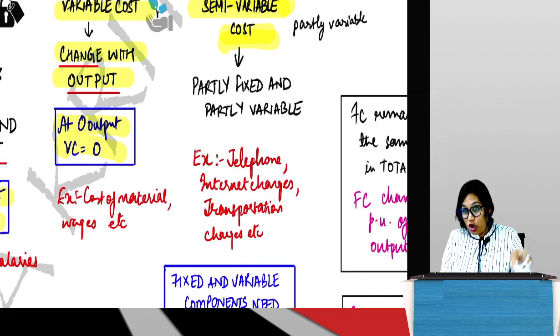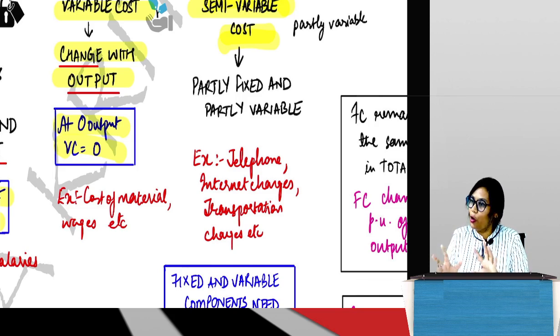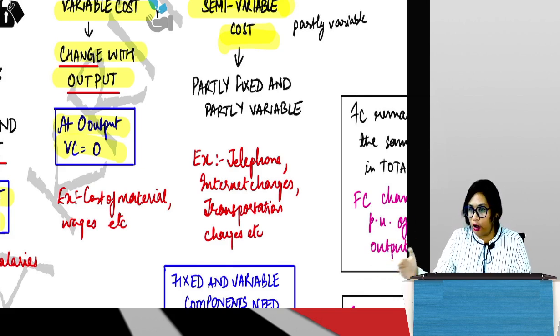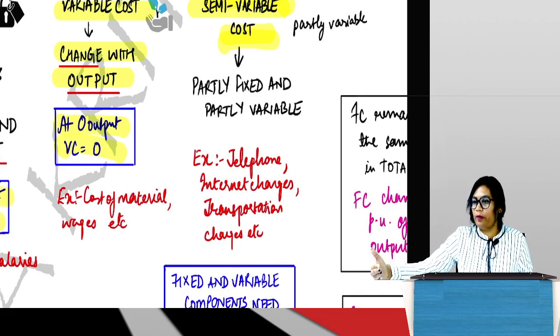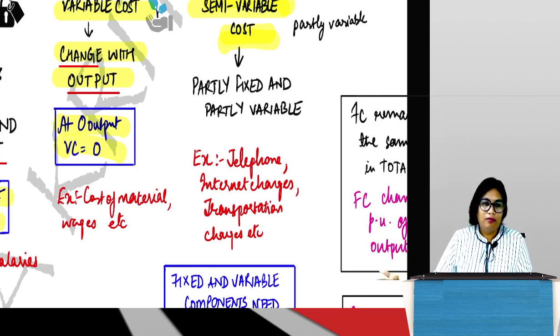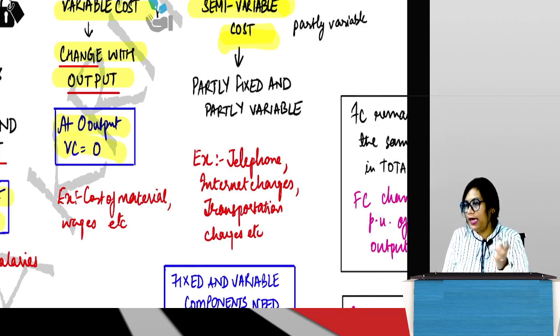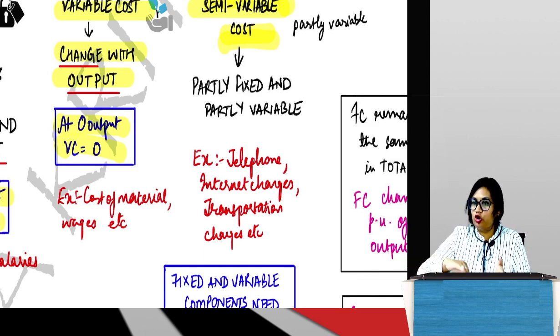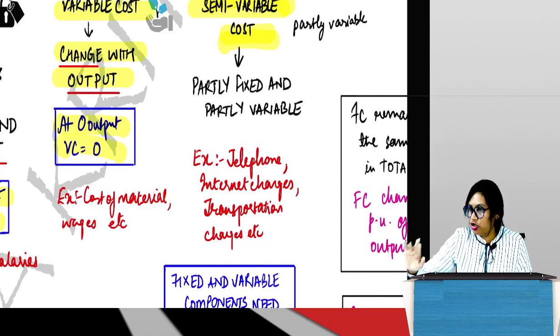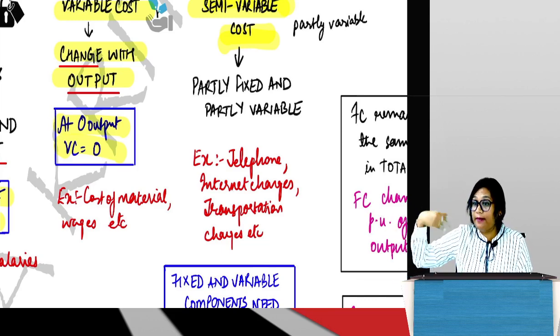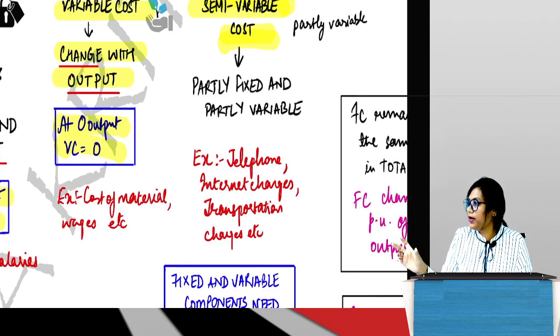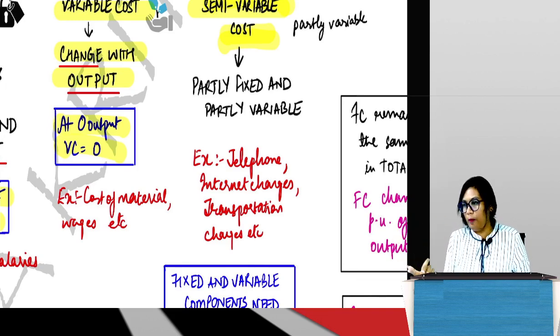So when you look at it, an auto fare is a semi-variable cost. Why? Because it has both a variable and a fixed component. The fixed component is that 30 rupees, which you have to pay irrespective of how much you are traveling, as long as it is up to 2 kilometers. Anything beyond 2 kilometers, your cost will change based on the kilometers traveled. If you are traveling 3, 4 or 5 kilometers, the number of kilometers beyond 2 will determine what your variable component will be.